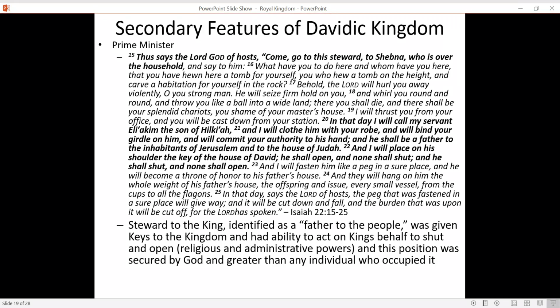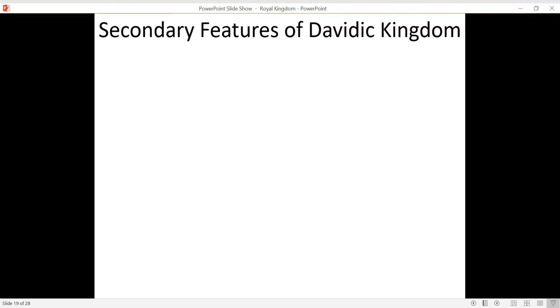Those 12 apostles knew exactly what Jesus was referring to. Jesus, in selecting 12 apostles, is completing, perfecting what King David did between himself, the king, and his 12 tribes, elects a prime minister to act on his behalf. And that position is greater than any person, which is why when Peter dies, you can see the position of the papacy, or the father figure, the Pope, move throughout history until this very day with Pope Francis.